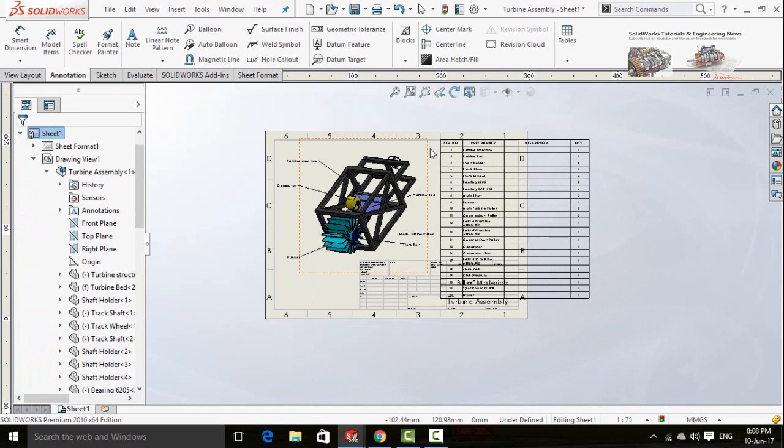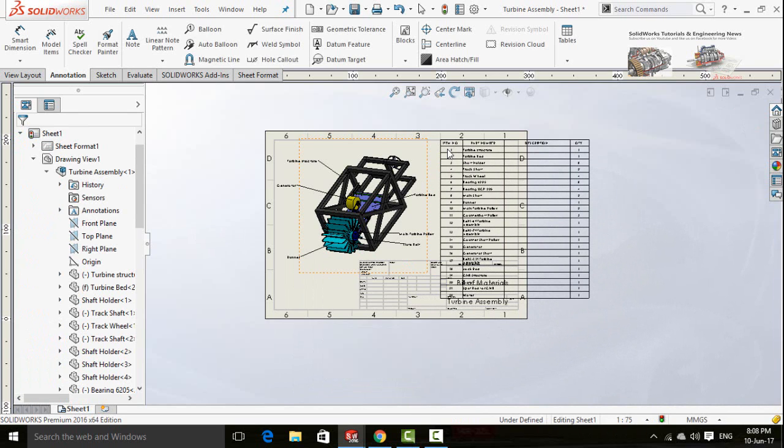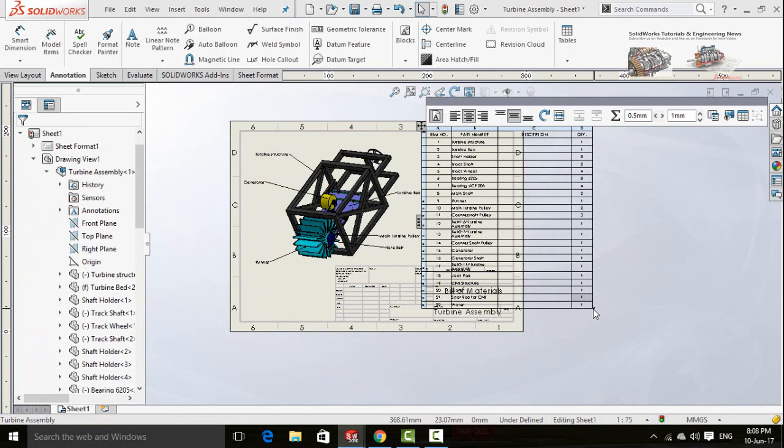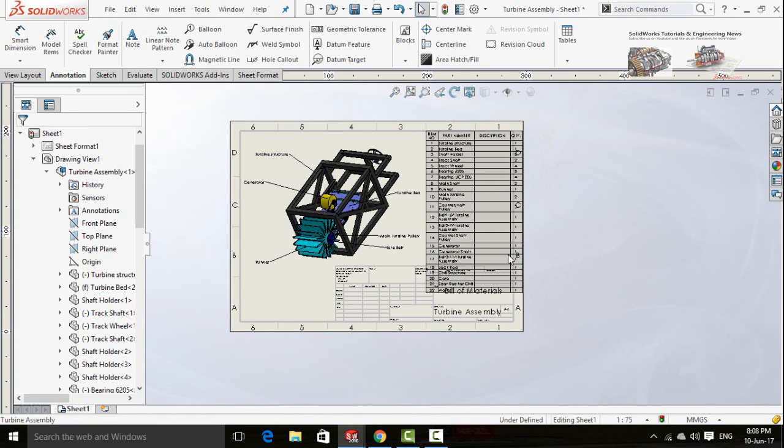You can also change the size for this table. Click and drag the table to change the size of table.